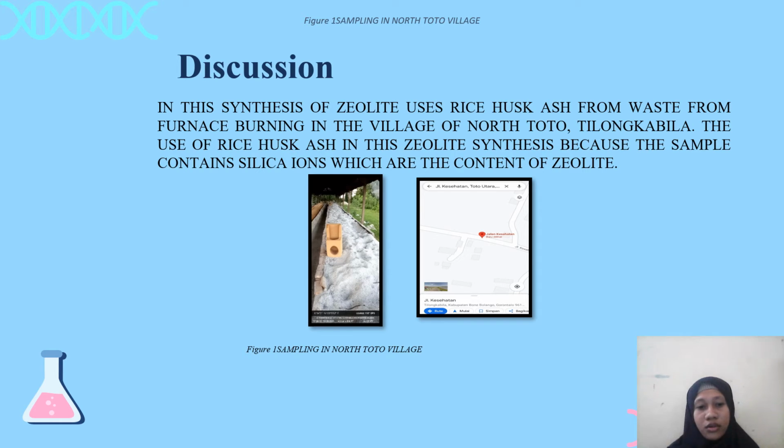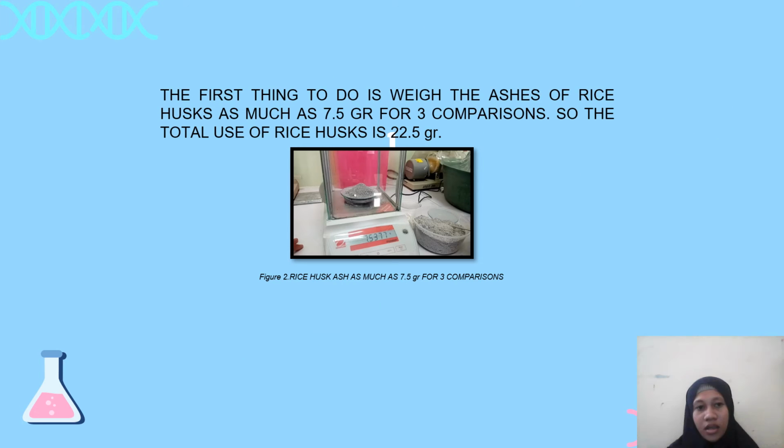The picture of the sample from Nototo village is shown here. The first step is to weigh the rice husk ash as much as 7.5 grams for 3 comparisons, so the total rice husk ash used is